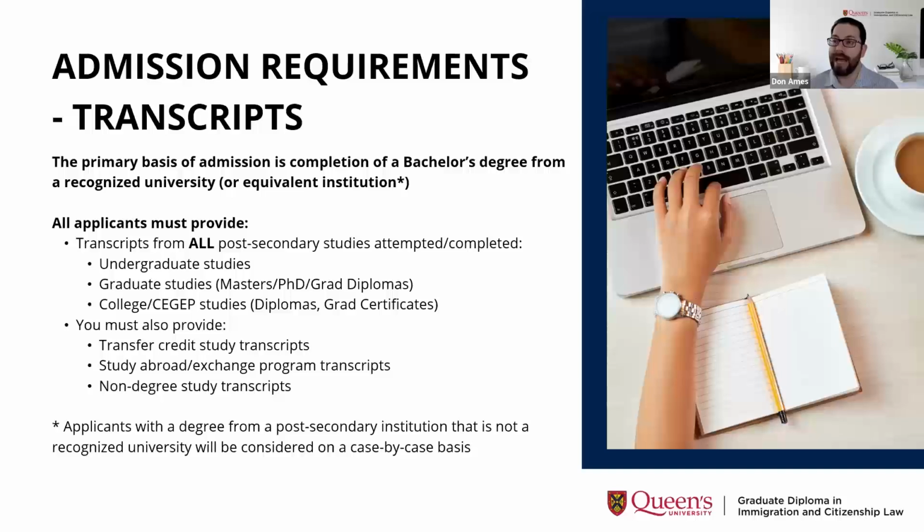achieved a B average. As I mentioned in the prior slide, we don't do pre-assessments. There are ways to look at your credentials, whether they are domestic in Canada or international, to try and convert those over to our 4.3 GPA scale to understand if you meet the 3.0 B average requirement. Some of them are unofficial, or all of them are unofficial. There's no way we can give you a firm guarantee of whether you're in or not until we receive all of your transcripts with a submitted application.